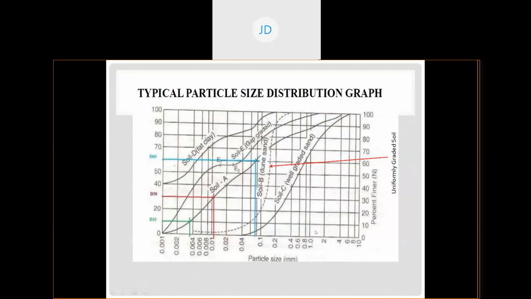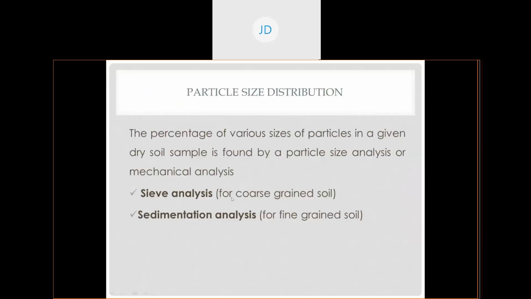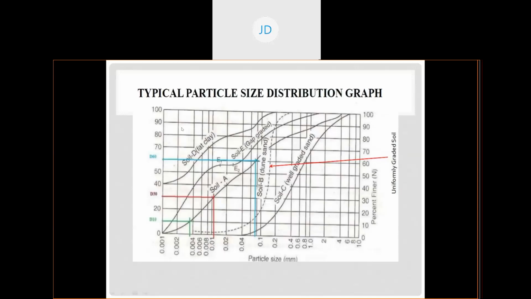Semi means half log. That means one axis will be in logarithmic scale and the other axis in arithmetic scale. That's the normal graph that you already used in your chemistry lab, physics lab, whatever. So this graph is known as semi-log graph paper. This is the logarithmic scale and this is your arithmetic scale. In the next class we're going to discuss how to find the grade of soil by particle size distribution, and sieve analysis. Fine, so I want to stop here.